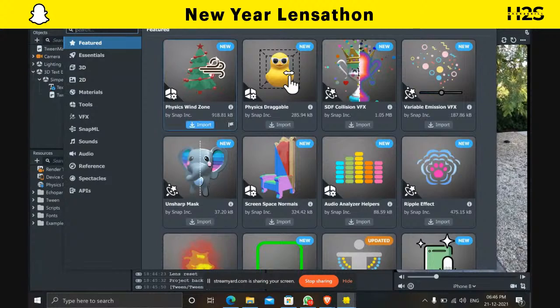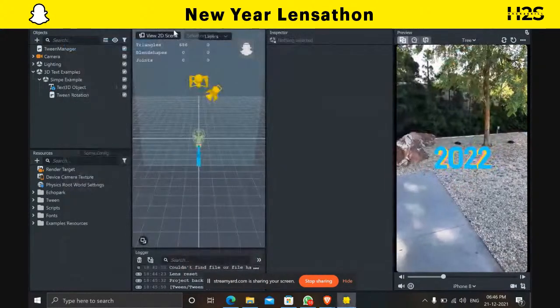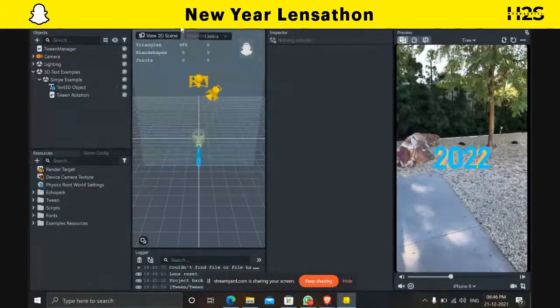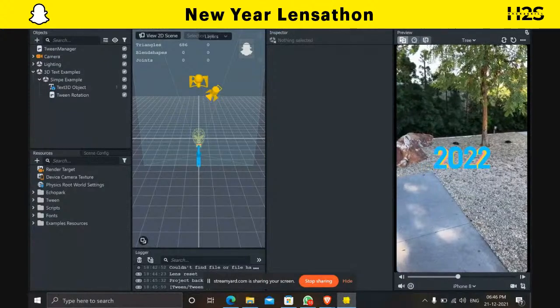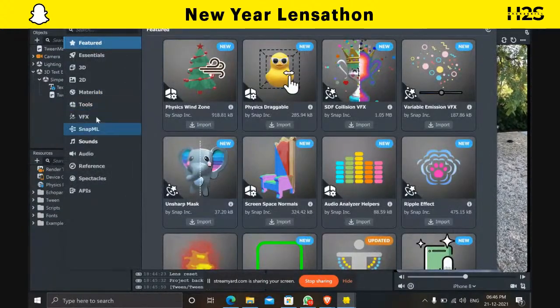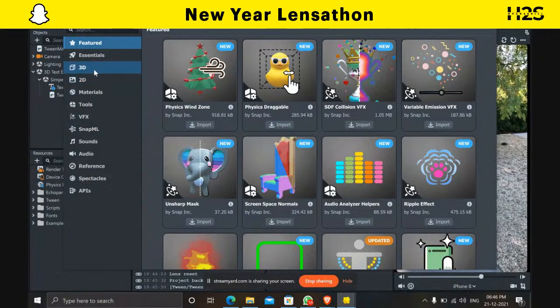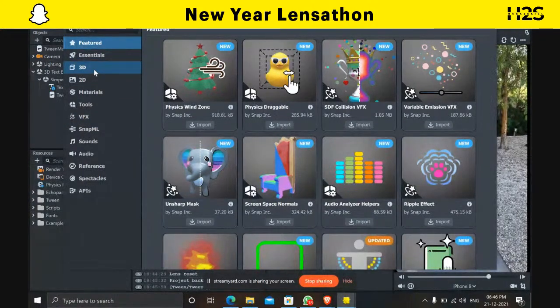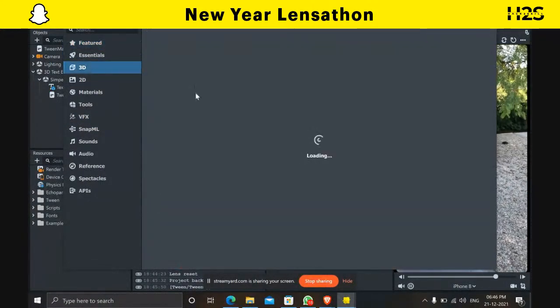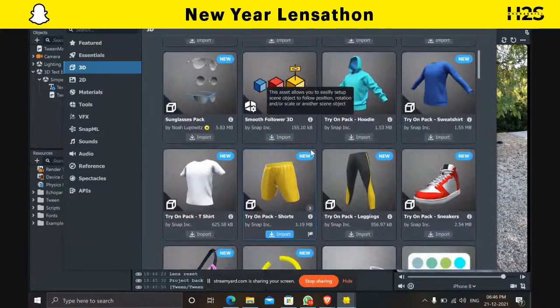goggles, right? Yes, let me just introduce you to the asset library. When you tap on this asset library, you will have several sections like 2D, 3D, material, tools, plenty of things to see. I have to go with 3D. When you tap on 3D, you will scroll down